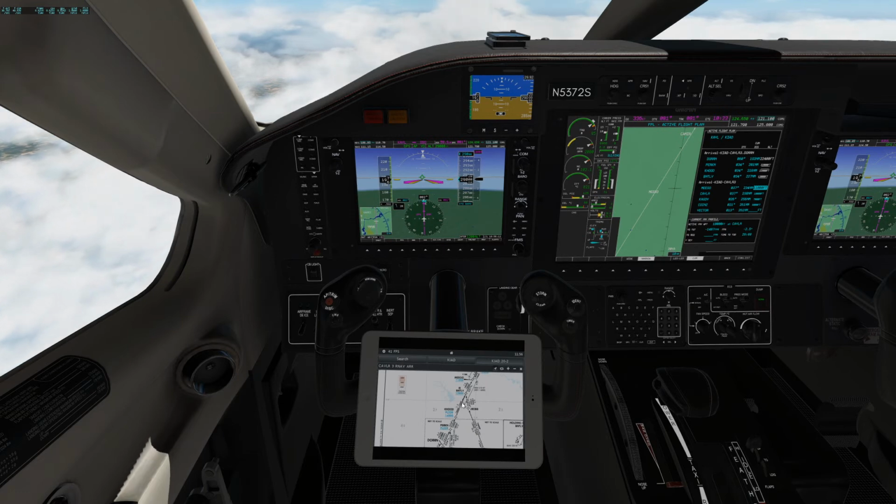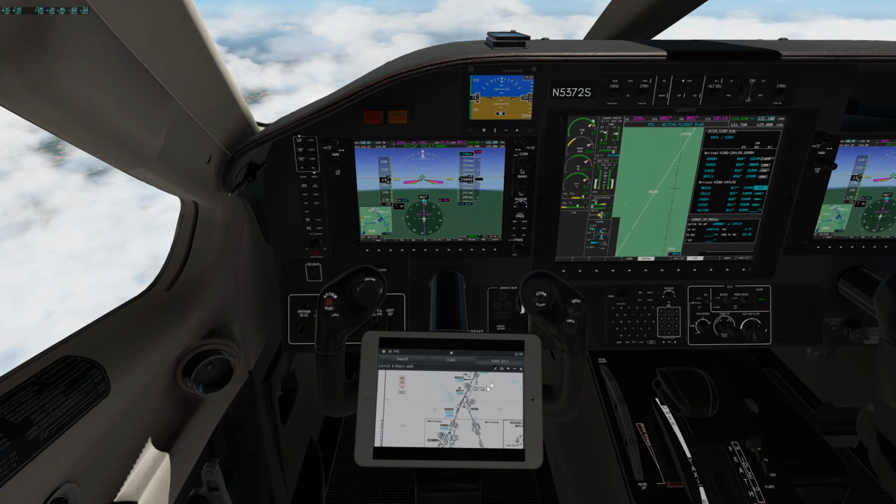That's 11 miles to descend 1,000 feet. So I don't want to make that a hard altitude. Besides, how far is this? This is 15 miles to descend 8,000 feet. That's a quick descent. So